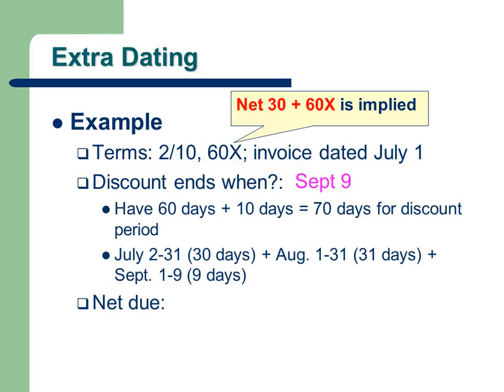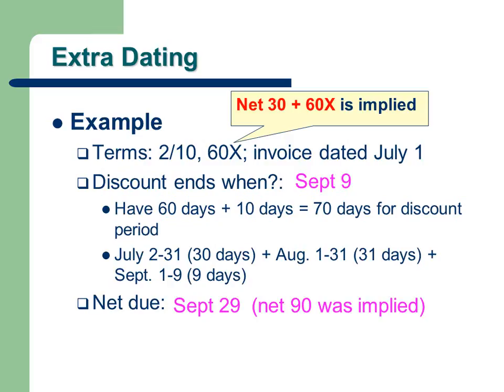In July, you have 30 more days left because July has 31 days. From July 2nd through the 31st, you have 30 more days, but you have overall 70 days, so you have to continue to the following month. August has 31 days, so the 30 days remaining in July plus 31 days in August is 61 days overall. We can still go 9 more days to sum up to 70 days. So you've got 9 days in September where you can still get the cash discount. That makes the last cash discount day September 9th.